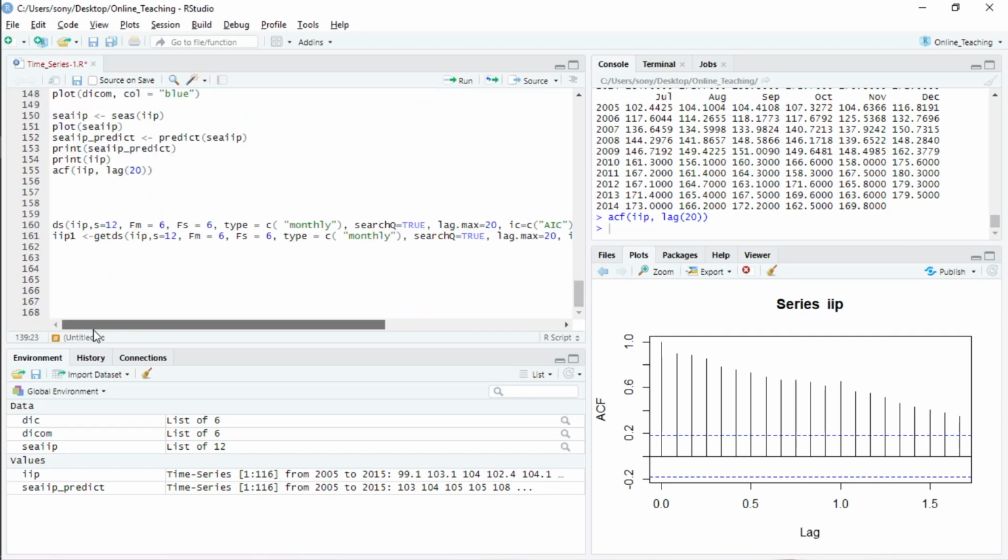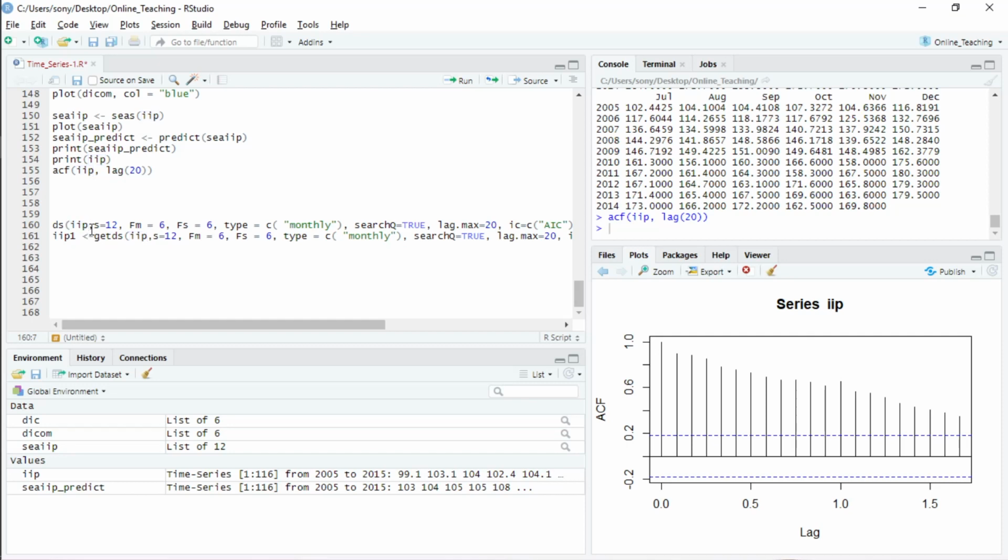For that we have to call the function ds, then your variable: the data frame name, or the time series for which you are going to find the deseasonalized data.